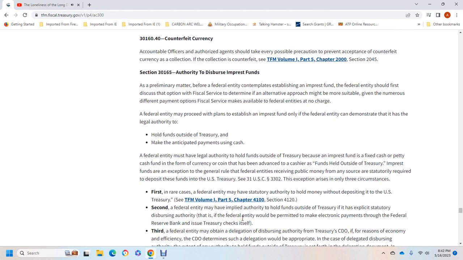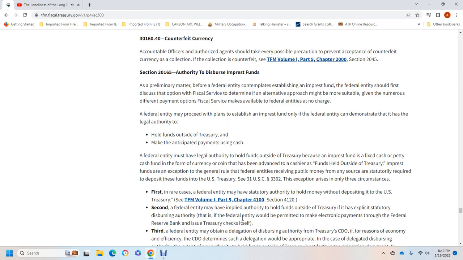A federal entity must have the legal authority to hold funds outside of the Treasury to become an imprest fund: a fixed credit for cash, petty cash fund, foreign currency, or over-the-counter coin, with the advance for cashier funds held outside of the Treasury. The exemption to the general rule is that a federal entity which receives public money is subject to the statutory requirement